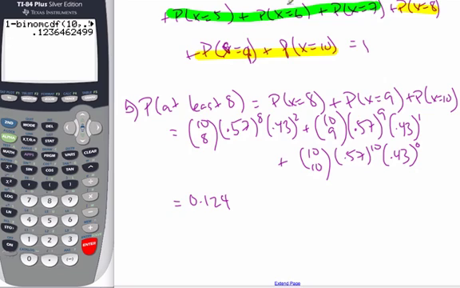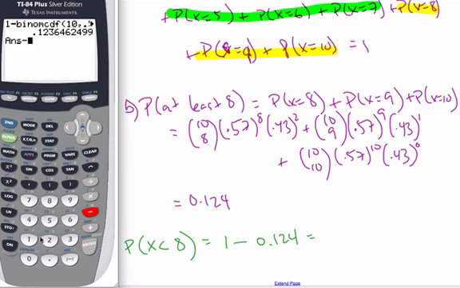So if I want the probability of being less than 8, probability that x is less than 8 people, well, it's going to be 1 minus 8, 9, and 10. So it's 1 minus that, which will be this value here, 0.124 minus 1, and I know I get